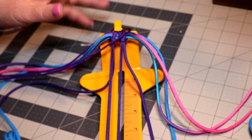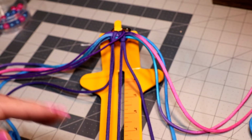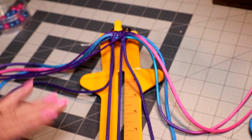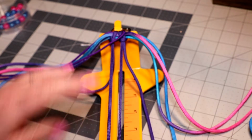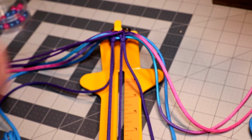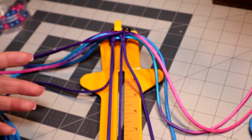Alright, once you have your cords to the middle at the top of your work, you can tighten everything up. Double check your measurements just to make sure that nothing moved around. You can also roll up all of your cords. I do suggest, because we're working with two cords of the Universe, you roll up one a little bit smaller than the other just to help you